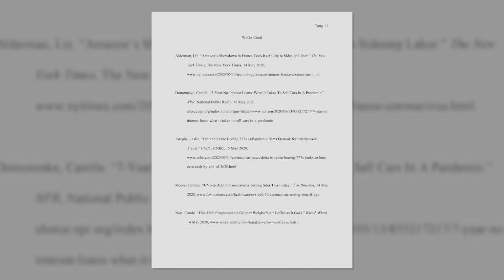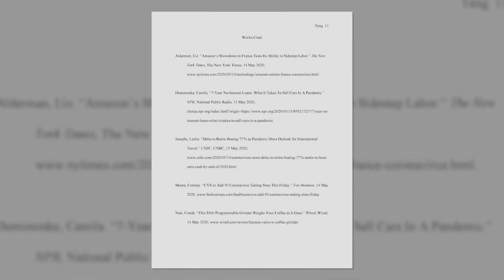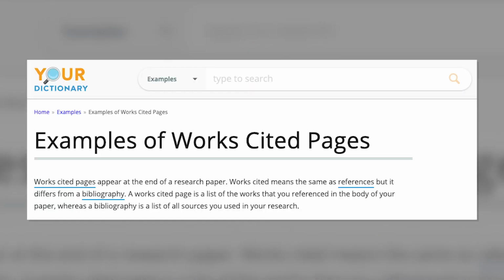If you've ever written a paper for school, scratch that. If you've ever been to school, you've done one of these. In case you don't know what this is, a works cited page. According to yourdictionary.com, a works cited page is, quote, a list of the works that you referenced in the body